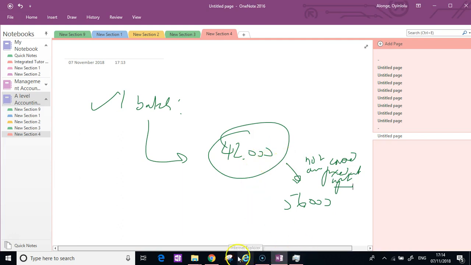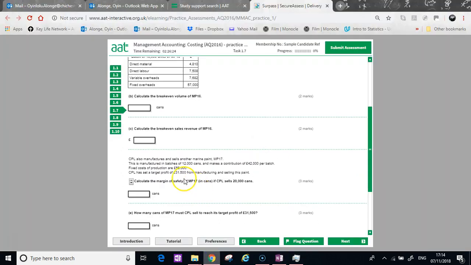But maybe less than half a batch. But we're not quite home and dry just yet. So it says that CPL has set a target profit of 31,500 from manufacturing and selling this paint. So here's the thing: